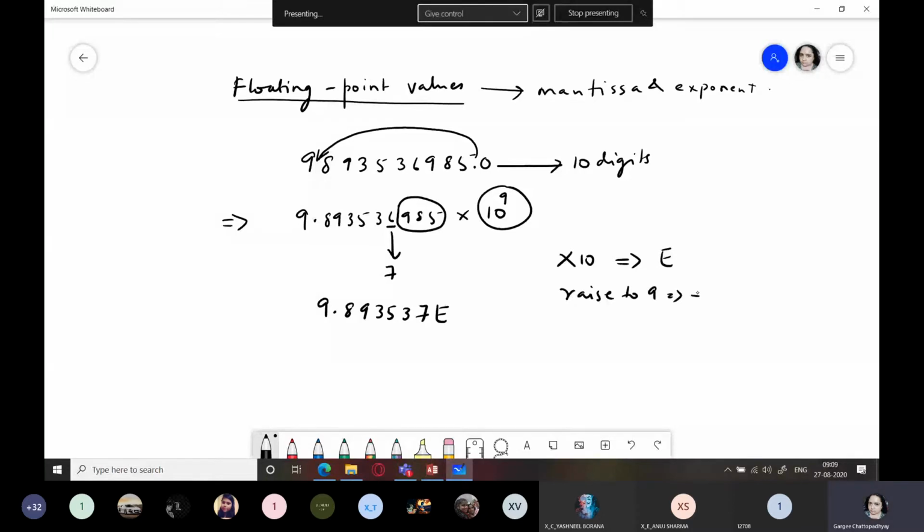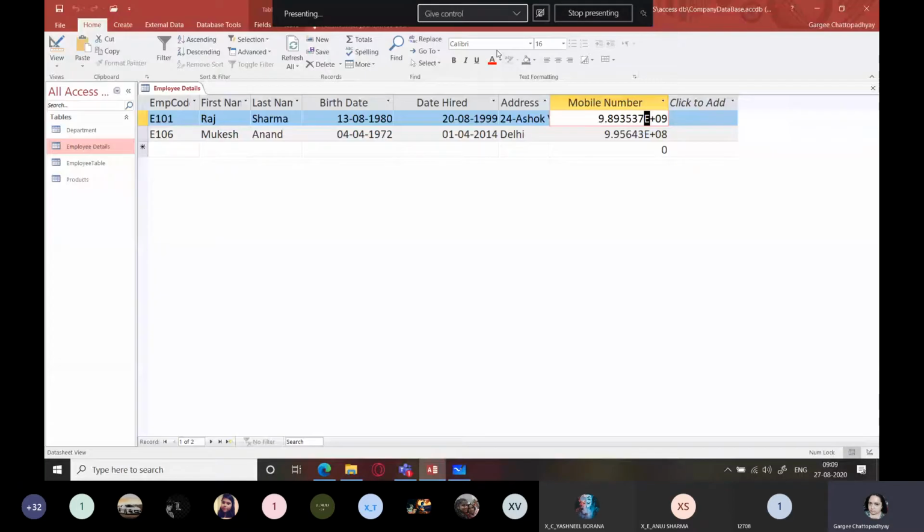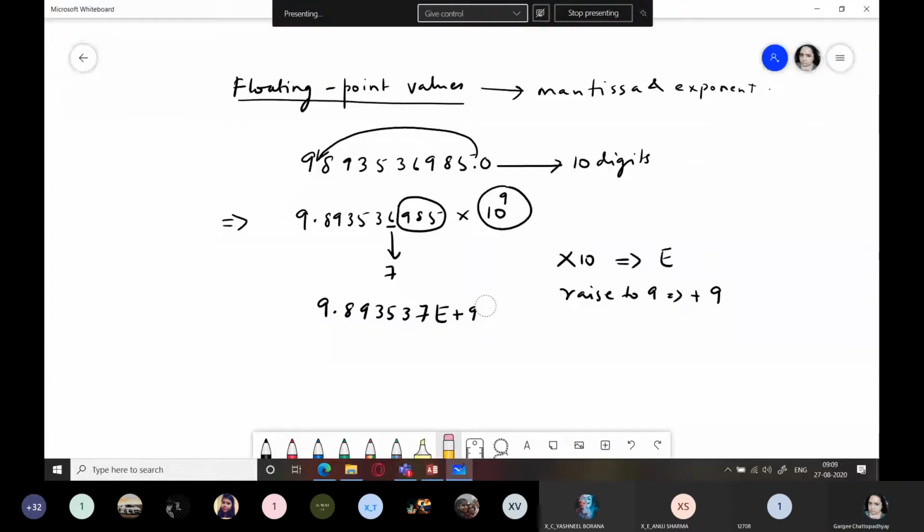That's the reason why you can see plus 9 or plus 09, which is one and the same thing. So this represents into 10 raised to the power 9. Understood how Access stores these values?